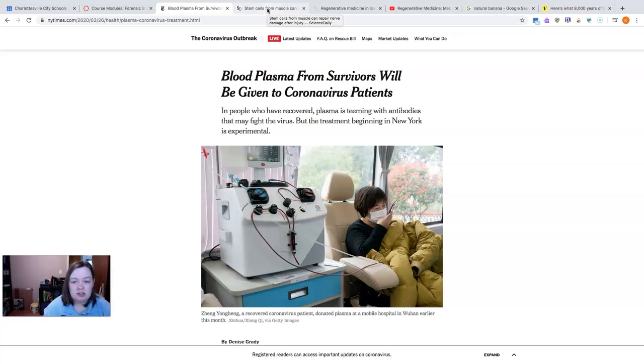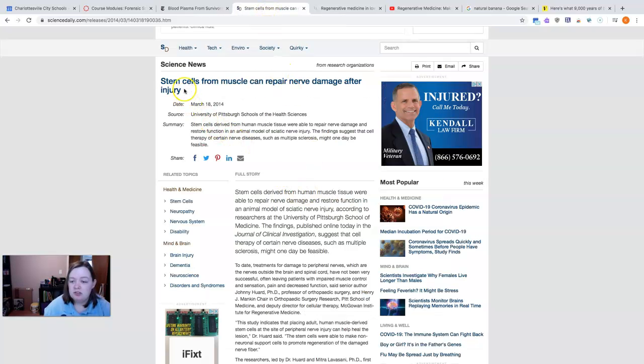Other ways that technology is being used, using stem cells to help repair nerve damages from any different types of nerve injury. Most nerves, or all nerves in the body, I can't think of any off the top of my head, they can't regenerate on their own. So once you damage a nerve, that's it. Then that's why paralysis lasts forever. If you injure a nerve in your back, you're going to be paralyzed from that spot down if you injure the spinal cord. So they're looking at using stem cells